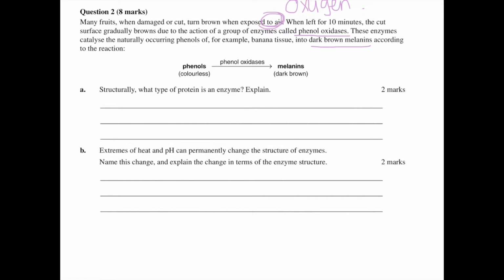Structurally, what type of protein is an enzyme? So when they say structurally, they're referring to what level of protein structure are they? So are they primary? Are they secondary? Are they tertiary? Are they quaternary? Hopefully you're aware that the primary structure is the sequence of amino acids, so the order in which they're put together at the ribosome with peptide bonds to form a polypeptide chain. The secondary is the interaction between the R groups, so whether they're hydrophilic, hydrophobic, whether they're repelled, whether they're attracted to one another. So that'll give you your beta pleated sheets and your alpha helix coils, and then that gives you the